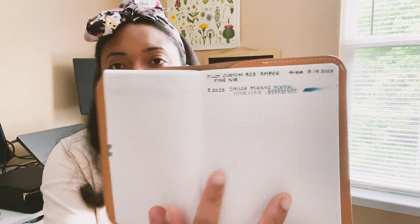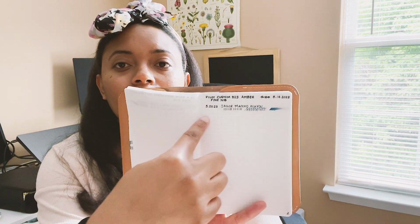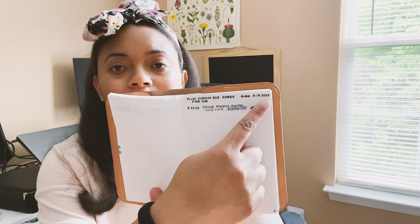And I feel like I need to do this because I am getting to a point where I am not buying so many because I kind of know what I like. Or if I am buying some, it's because I wanted to try them and I never got the opportunity to. So writing the name of the pen and then the ink you use and when you use it and when you bought the pen. And then obviously I've used a lot of the pens multiple times already, which won't be documented here because it's only starting now. But